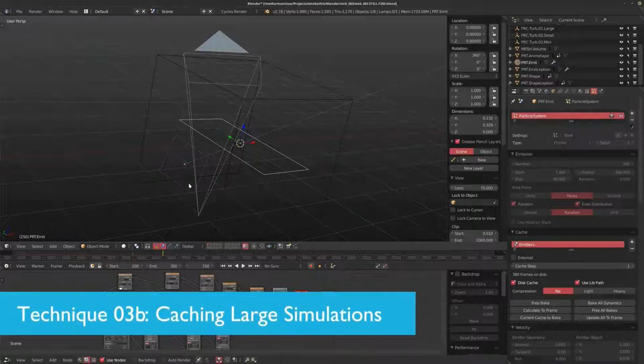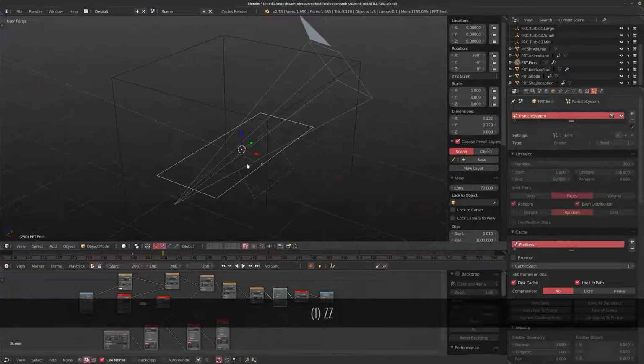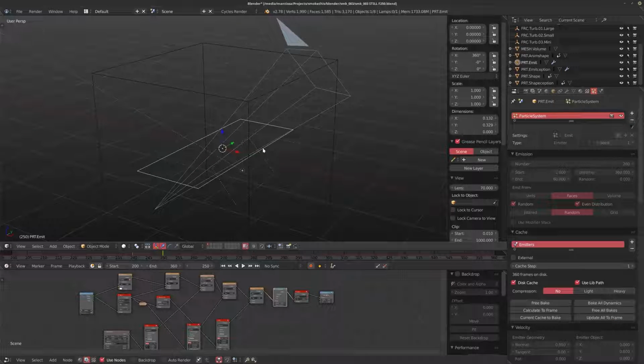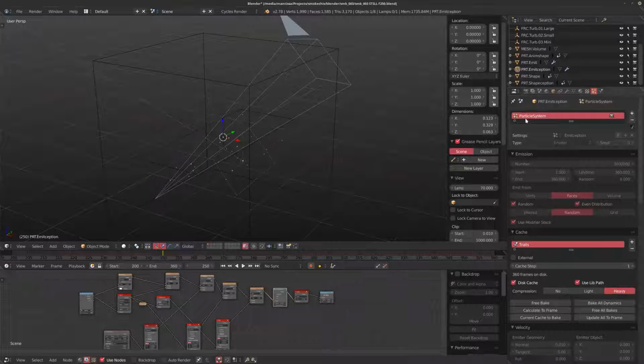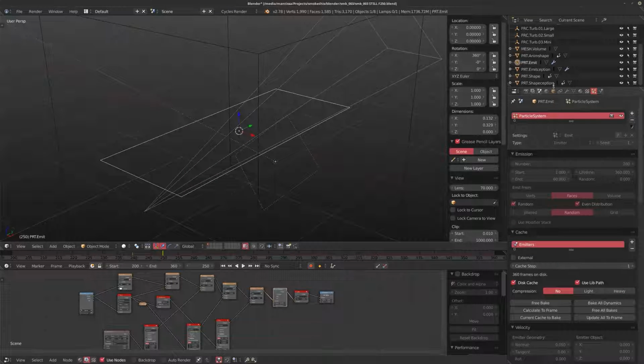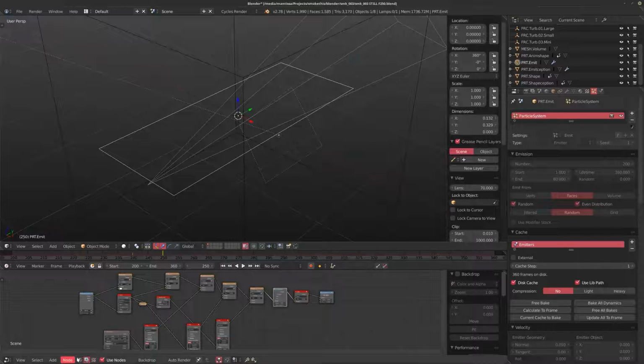So this is the second part of technique number 3, and I'm just going to look at the final file very quickly for the shot itself. As you can see, we have those multiple particle systems, and I called the first one emit and the second one emitception. You know, a bit of an inception joke there, but who cares?